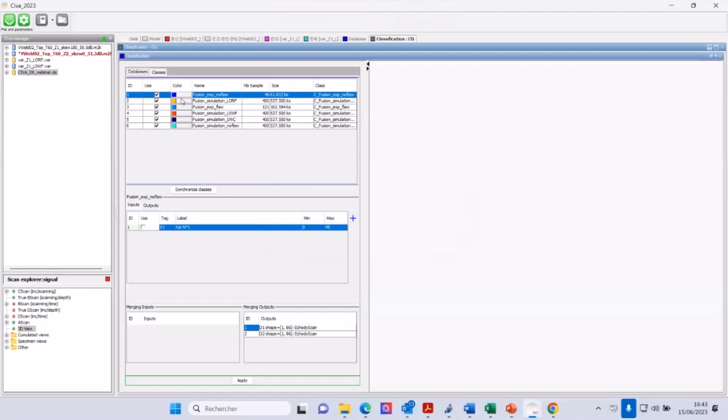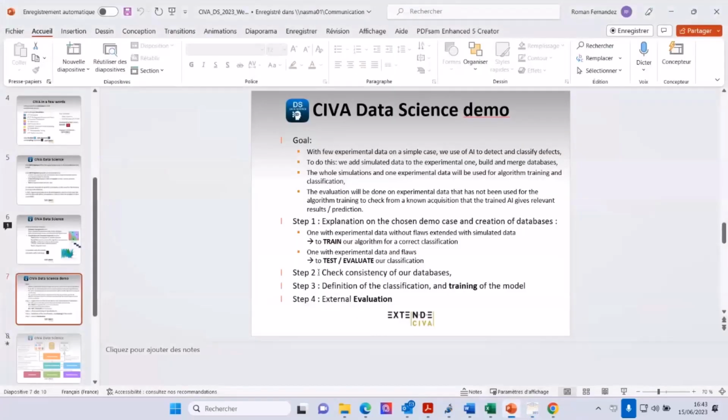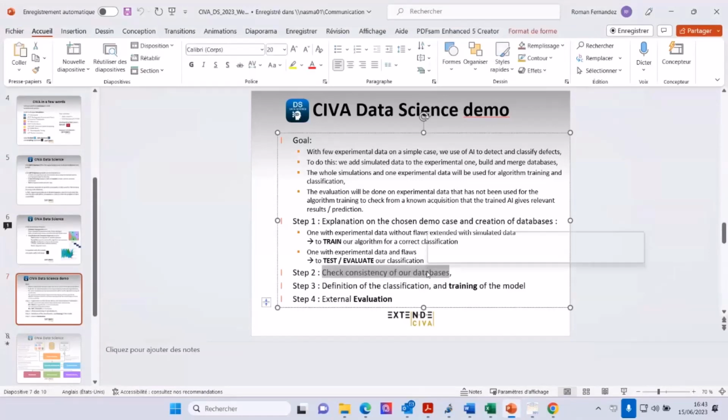You have, again, here a reminder of the databases with the different fusion. And the idea is to train the algorithm. If you remember the presentation, if I just go back here, we are on step 2, we check the consistency of our database and make the fusion, and step 3 is the definition of the classification and training of the model.